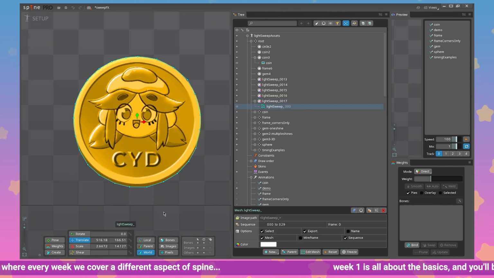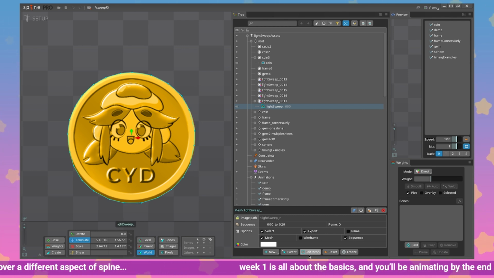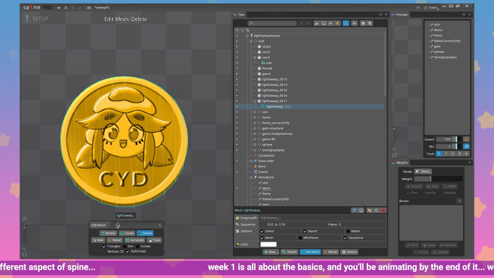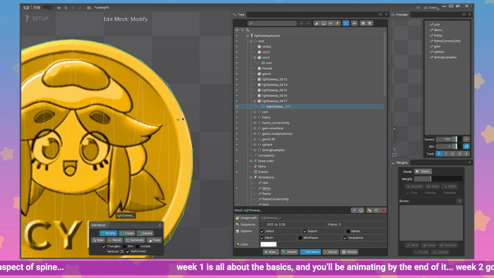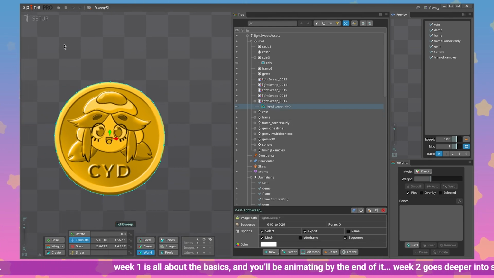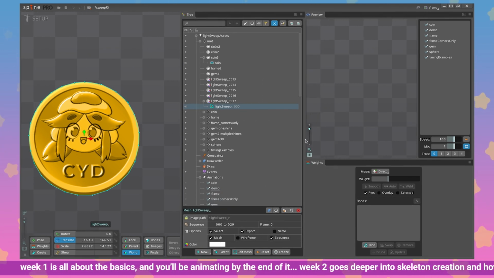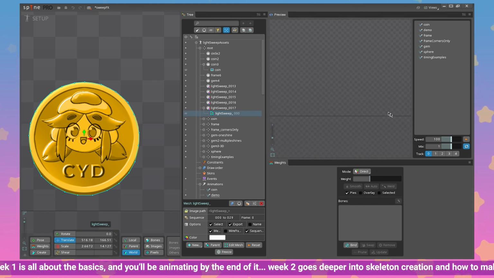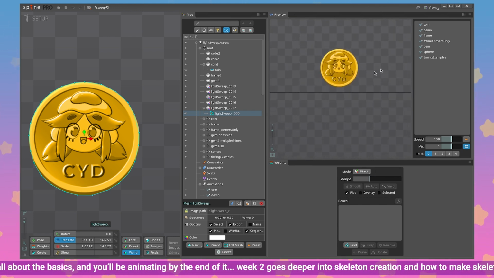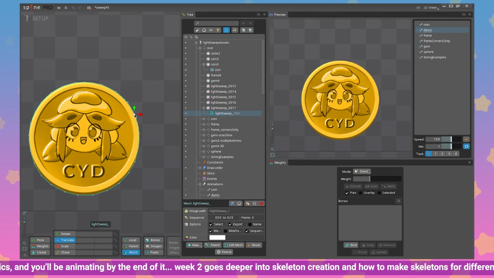So if I wanted to adjust this, I would need to go to edit mesh mode and use the modify tool to adjust this, not adjust it from outside of edit mesh mode. And let me show you why. Let me bring my preview window open so you can see this in real time. So this is my animation right now. If I start moving this vertex,